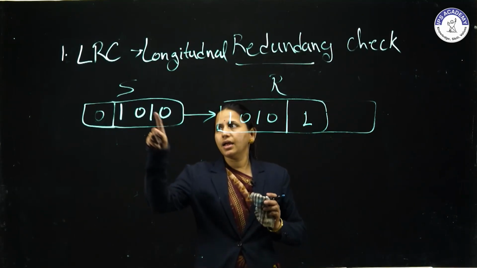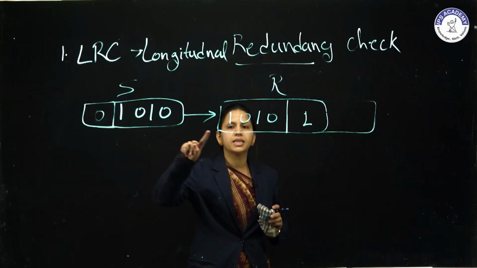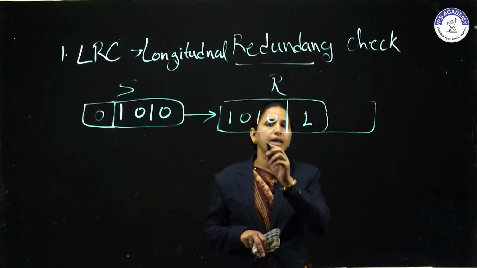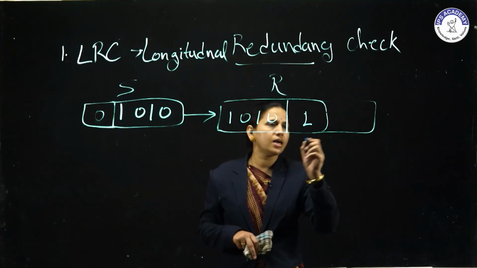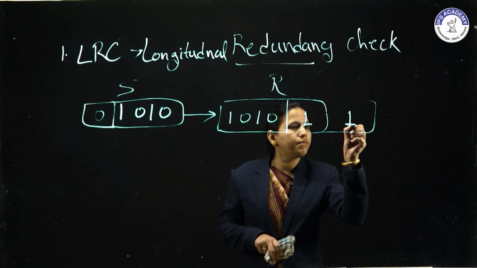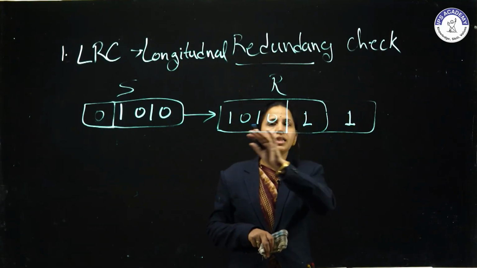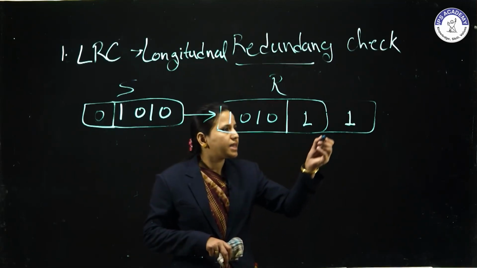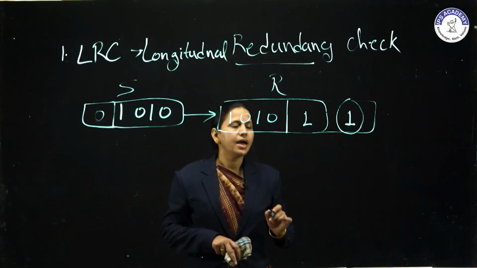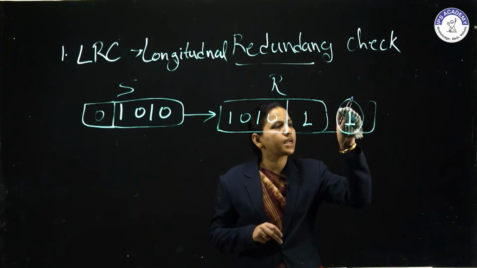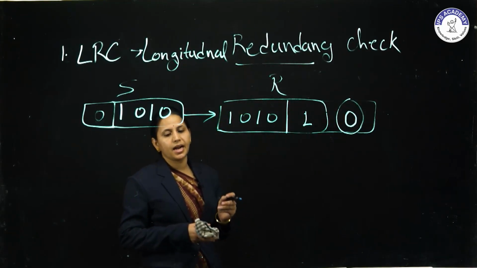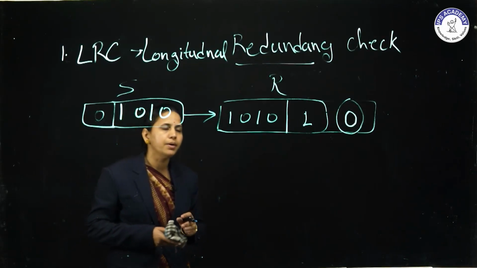same concept. If the sender uses even parity, then the receiver also uses even parity. By using even parity, there are 3 ones. So with the help of even parity, we calculate that there should be a 1. Now 1 1 1 1, these are even, but this one indicates that this data has some error. For error free data, this redundancy bit should be 0. So by using the concept of parity, the receiver can detect whether data is error free or has some error.